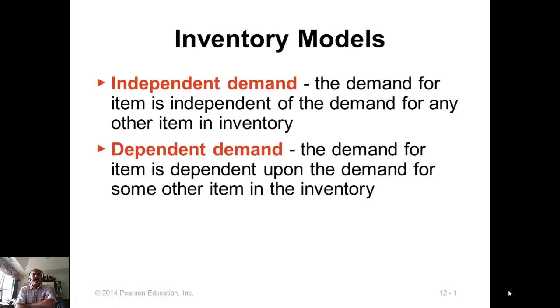Okay, now let's look at inventory models. Before we get into inventory models, we need to understand the concept called independent demand and dependent demand. These are about production decisions that we make for inventories. If demand for an item is independent of the production decisions we make, then those items are called independent demand